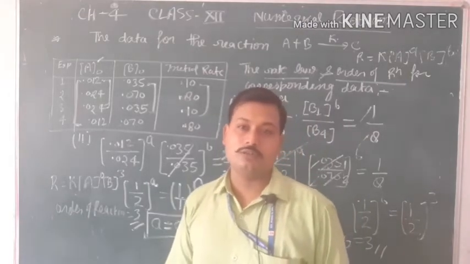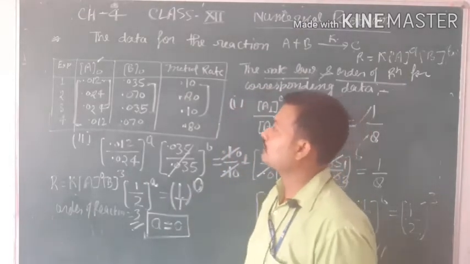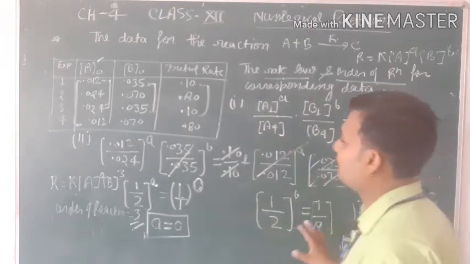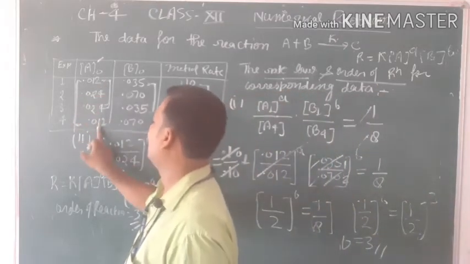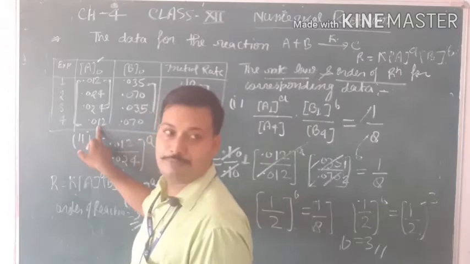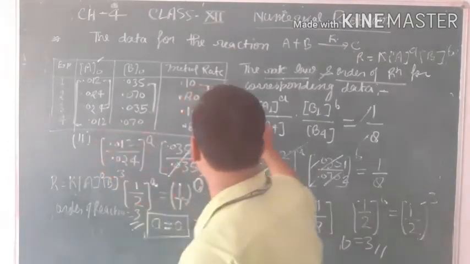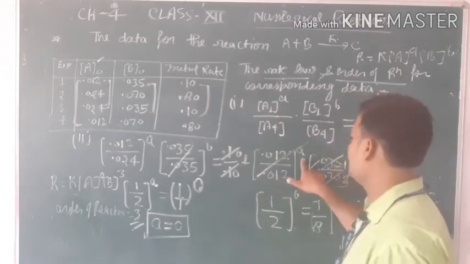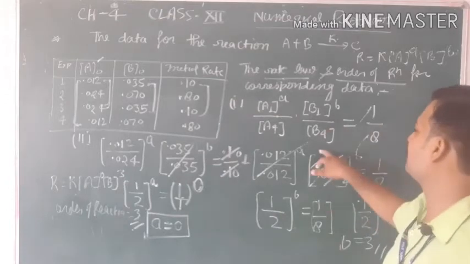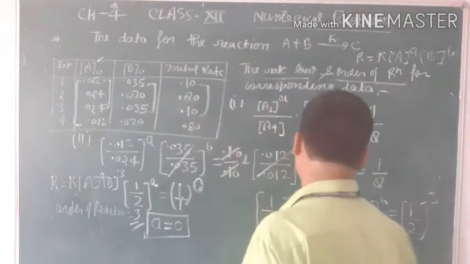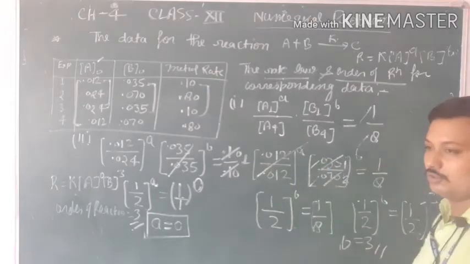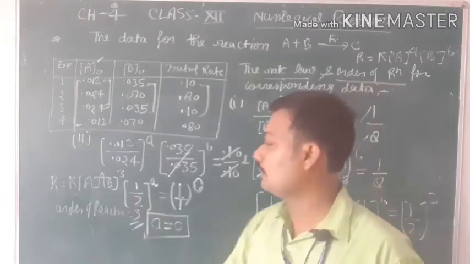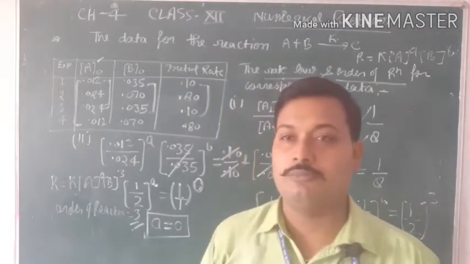Okay, is it right or wrong? Okay, right. I think all of you understand this. This is your very important problem. Again, try to understand. First of all, collect the two data which are similar for the concentration of one reactant. So here 0.12 upon 0.12 to the power a. Similarly here B1 and B4, and similarly the rate I have considered. So 1 upon 8, and then we get b equal to 3. So for this reaction the order of reaction is equal to 3 and the rate is R equal to k, A to the power 0 and B to the power 3.